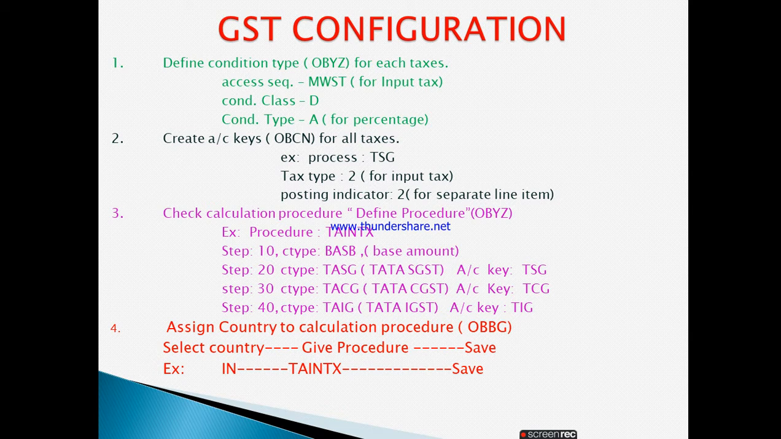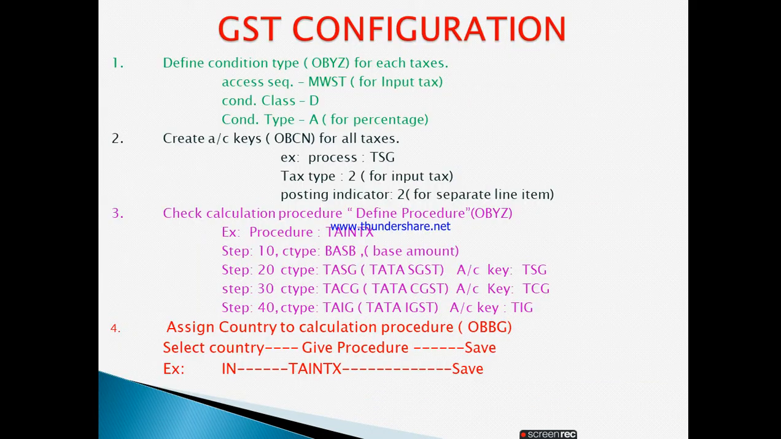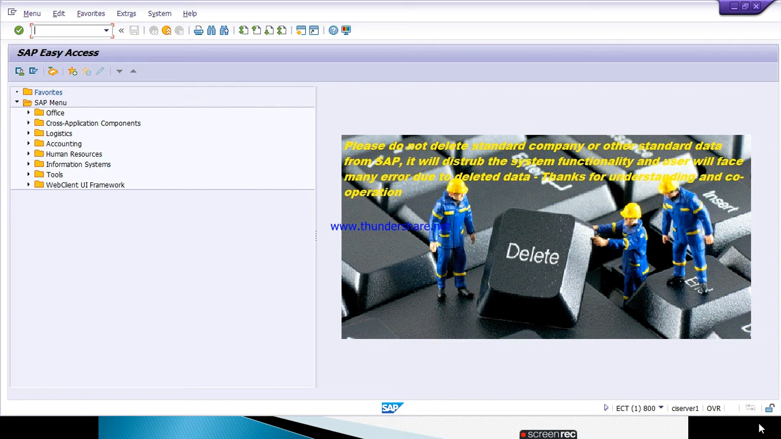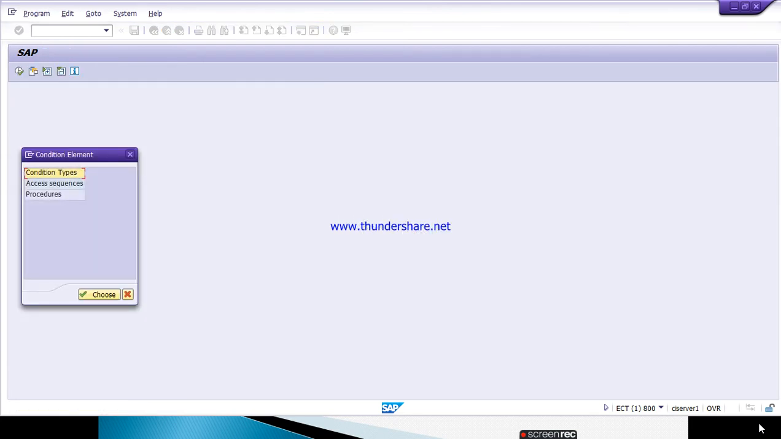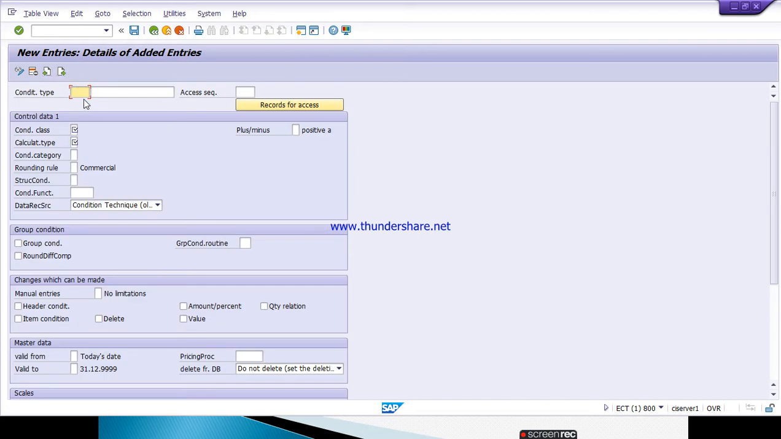First of all, we will go to SAP and define the condition type. Here we will run the T code OBYZ. Here you have to double click on condition type because we have to define the condition types first. Click on new entries, then give your condition type. First of all, I am giving